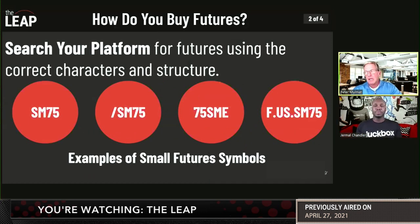What I think is nice, as you mentioned, is the preset watch list. There's a small watch list. You could bring that up. It'll show you all the future symbols and all the spot index symbols, which the futures are built on. I always get the question, why the spot index symbols? They're not tradable, just like,